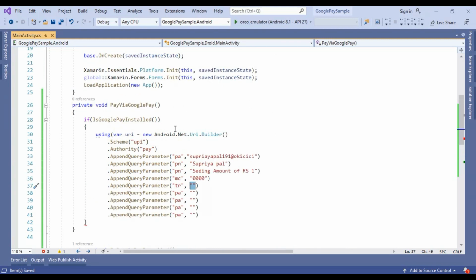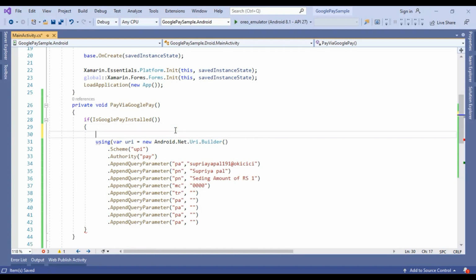So we need to create this random reference number here. We are using a simple string transaction ID, and we are using a GUID for creating the random ID.